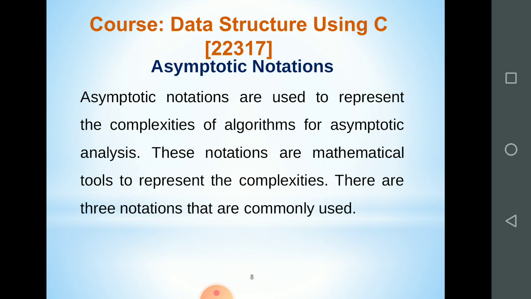Normally, when we want to represent that complexity, we are not finding the exact time complexity of the algorithm. I already told you that for n+1, we are not majorly considering the 1, because it stands for the number of statements in your program which take only 1 unit of time.